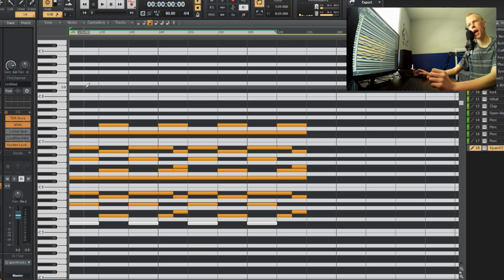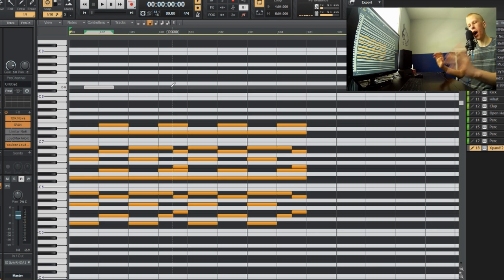And I recommend having some notes on the beat and some notes off the beat. What do I mean by that? So if you have a note on the beat, it'd be like this. This high note is on the beat. But if you have it off the beat like this, it has more like motion to it. Instead of just being like dun dun dun dun, it sounds like